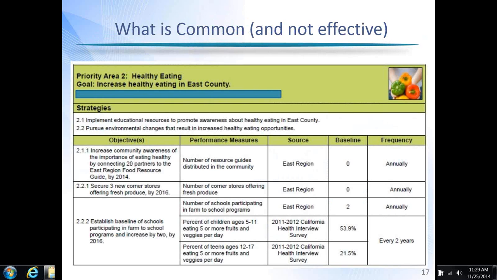What most organizations and communities tend to end up with after many months of working on a common strategy is a big document that's filled with tables such as this. And it has, you know, different SMART objectives that we talked about, and it has performance measures and sources and baselines.